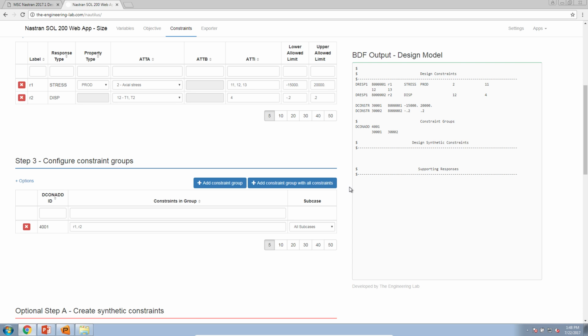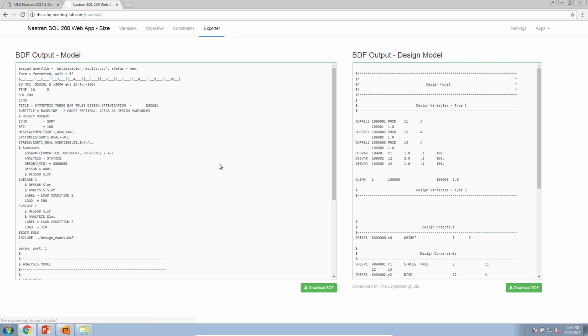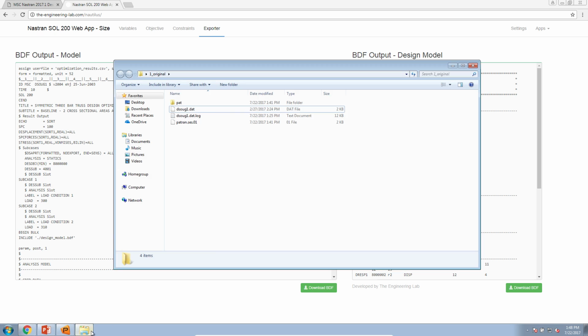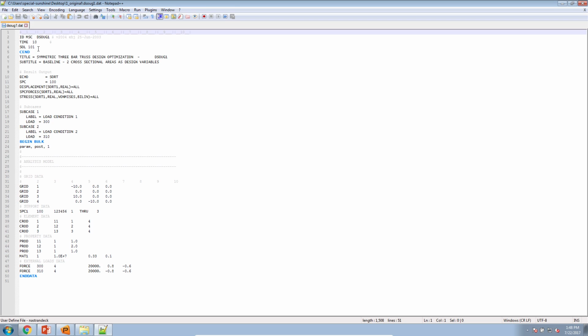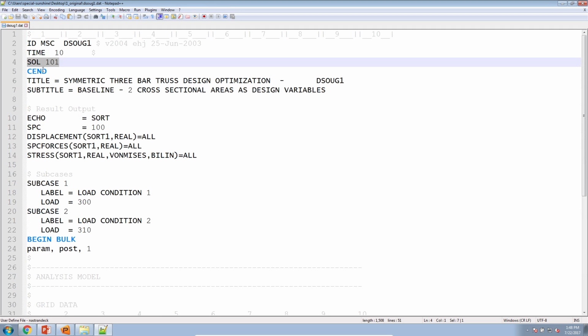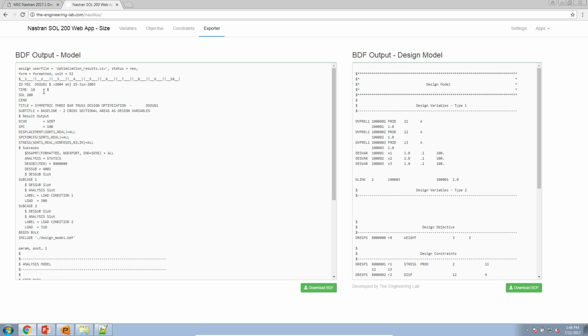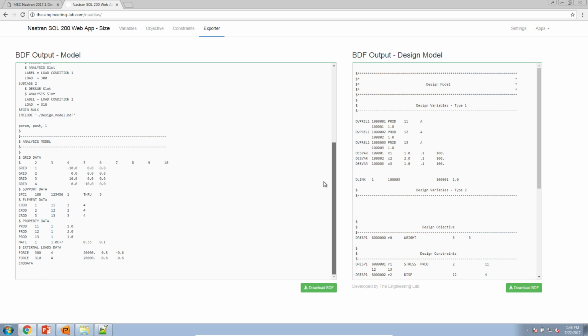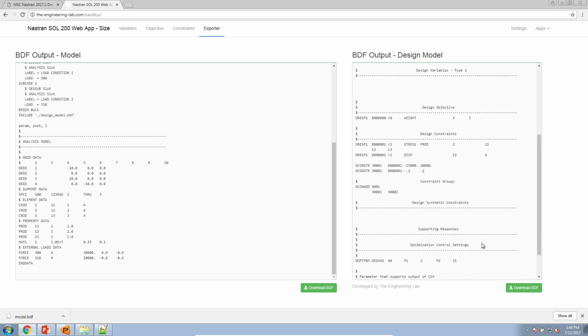After you're done here, you can go to the exporter, and here you'll notice what was once a solution 101 BDF file. So this is our original BDF file, and in line 4 it says SOL 101. The web app has configured this to perform solution 200 or optimization. This file is completely new, so you'll have to download this version. The file on the right that defines all the design variables, the objective, and the constraints, you also have to